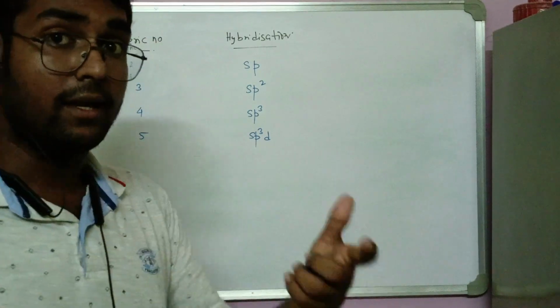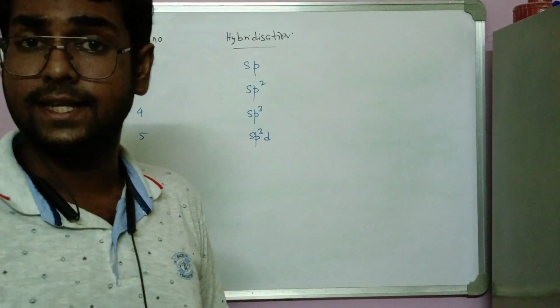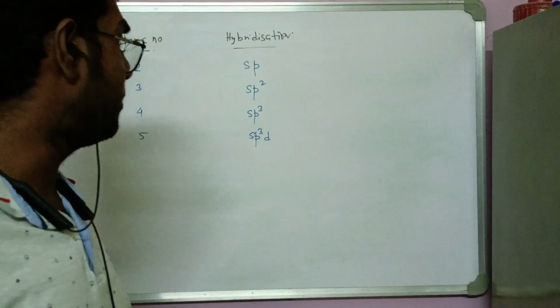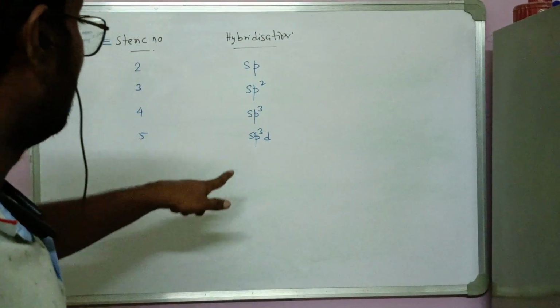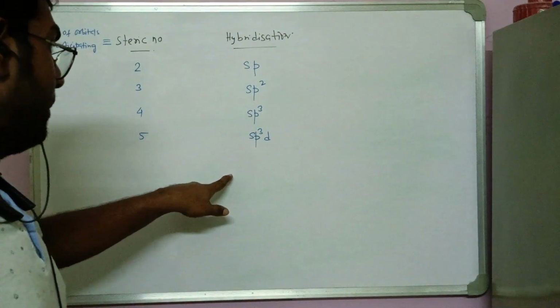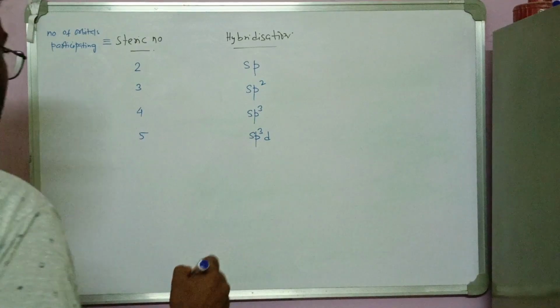But in case of d, there are 5 d orbitals. You all know the dxy, dyz and dzx, which are similar kinds of orbitals, and dz square and dx square minus y square. So there will be an influence of d orbitals, and this is a specific kind of d orbital,